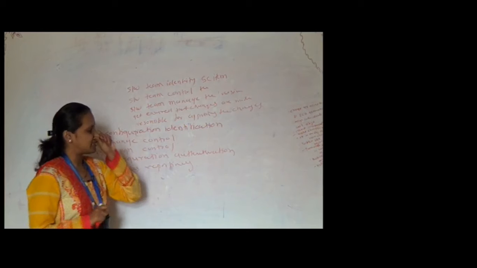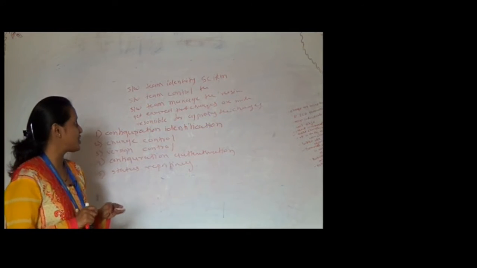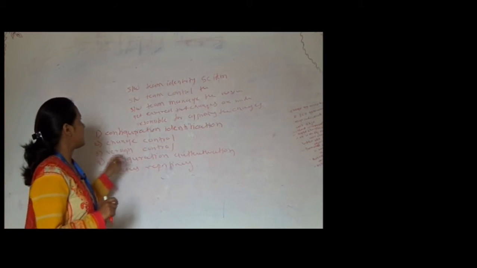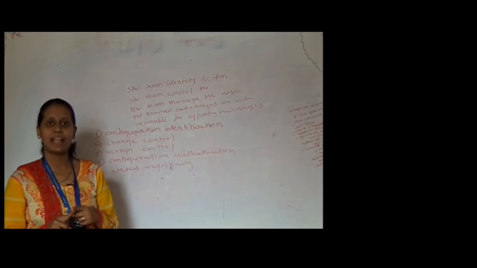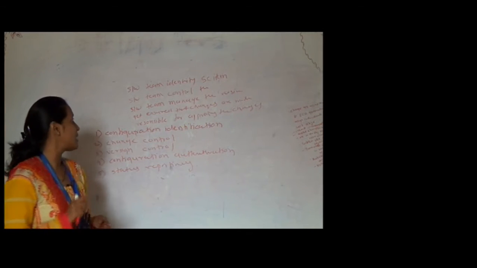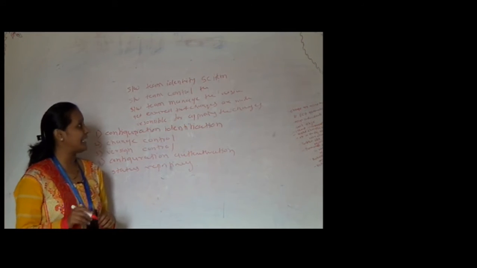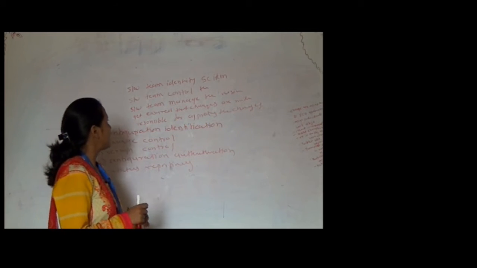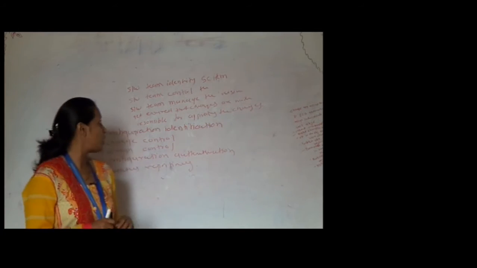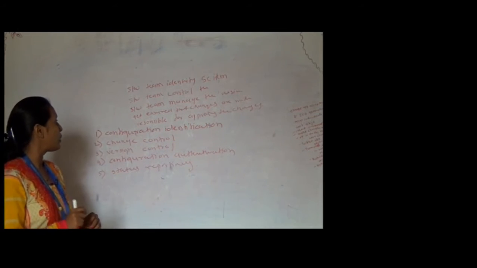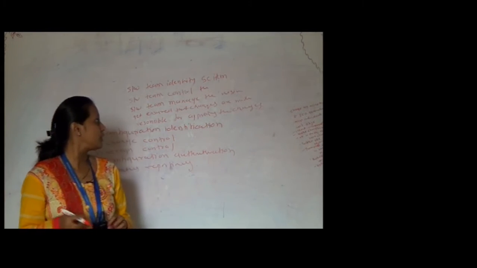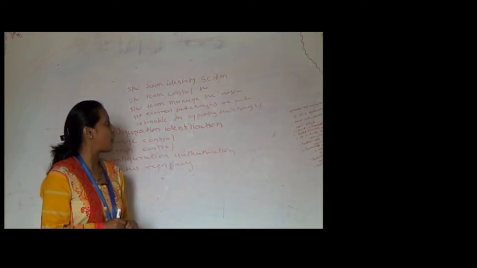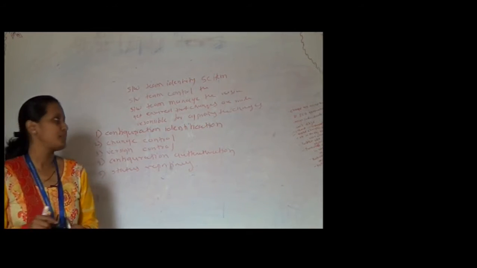Now these are some questions. Whenever you answer these questions, it leads to software configuration management tasks. First is, how does the software team identify the software configuration atoms? Second question, how does the software team control the change? Third, how does the software team manage version control? Question number 4 is, how is the software team ensured that the changes are made successfully or not, and who is responsible for approving the changes?